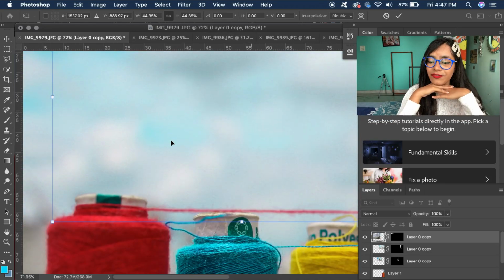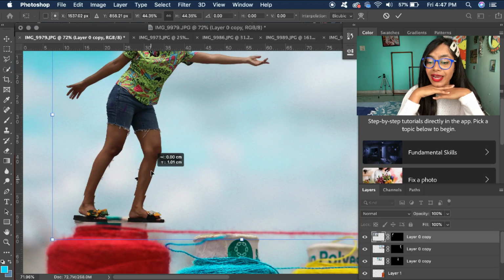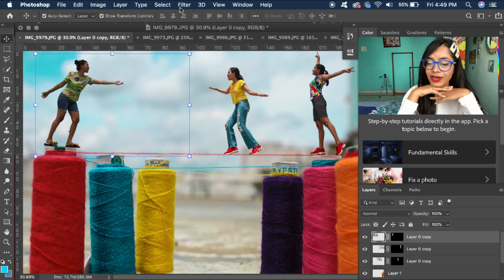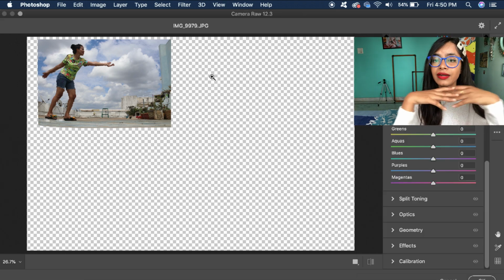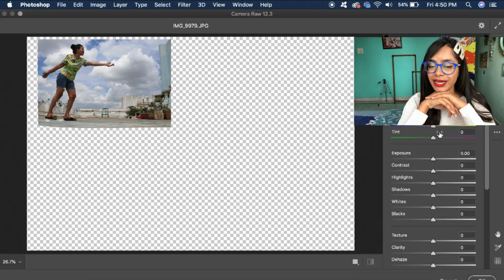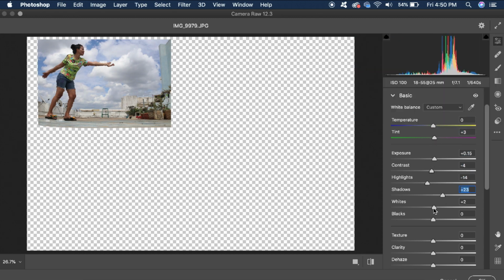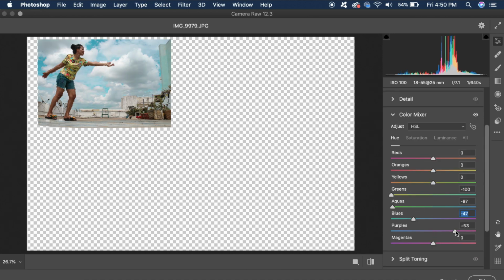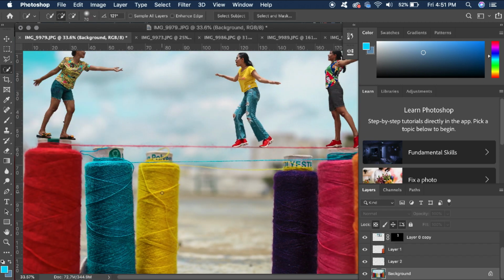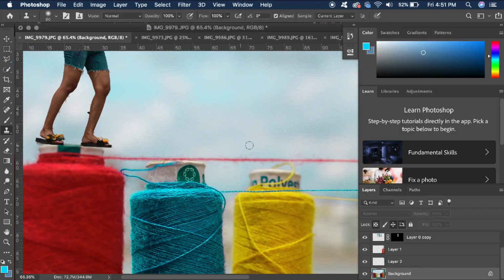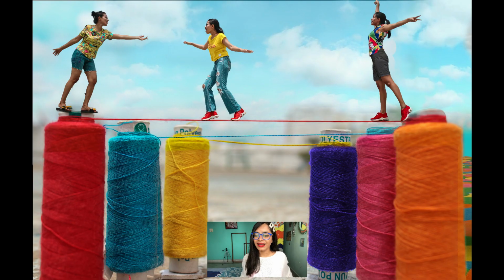So last but not the least, we again have to color grade the third character. So move to the filter and camera raw filter again and work on the temperature, tint, exposure and many more. So let's do it and color grade the picture and blend it with the other two characters and the foreground image. Done, and it looks pretty fine, and I am quite liking the result and the outcome of this picture,